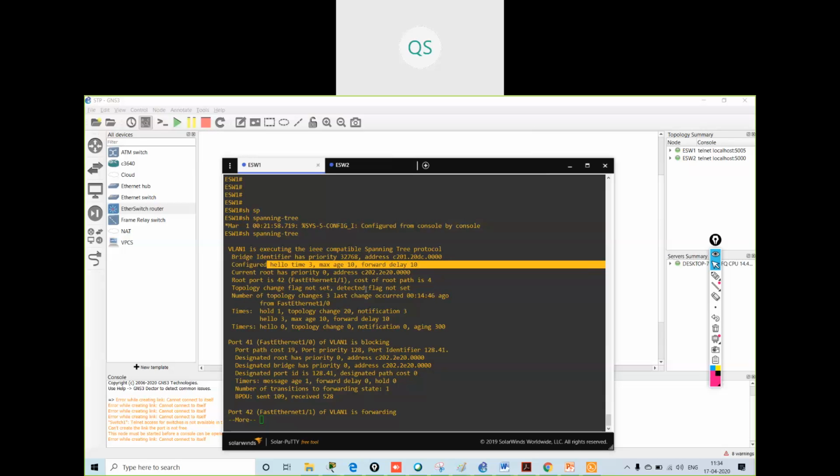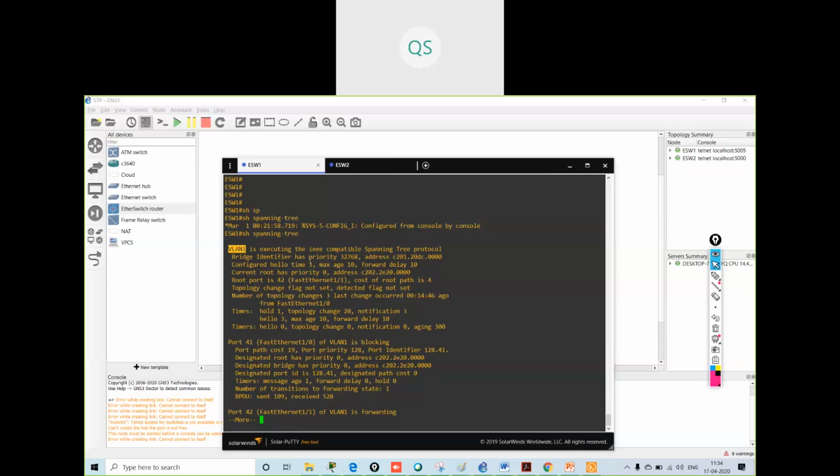So in a VTP setting, if you change it on the server, does it go all the way down, or do you have to do it on all the client switches as well? Yes, if you configure VTP, the VLAN information will be passed to all the clients. Okay, so we are changing for VLAN 1.